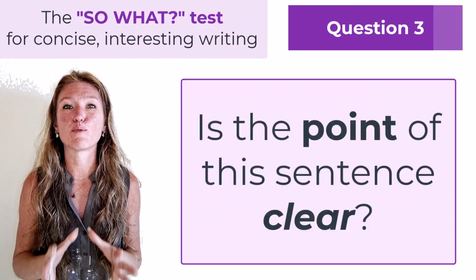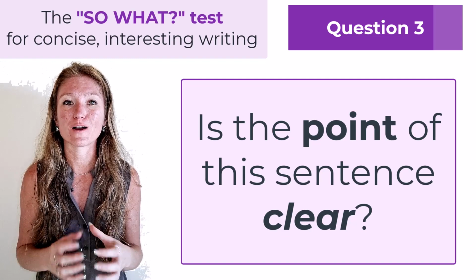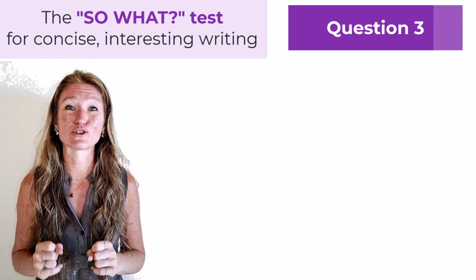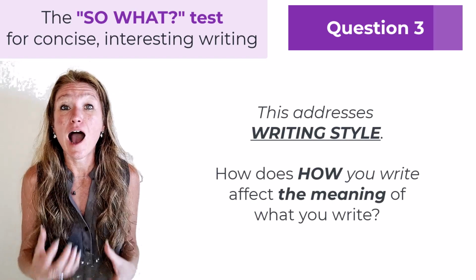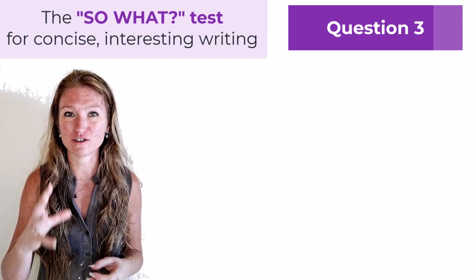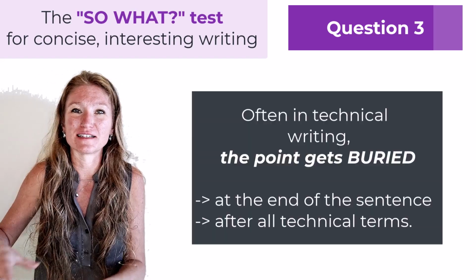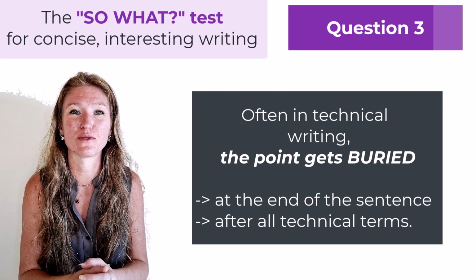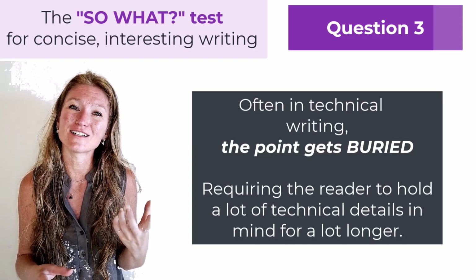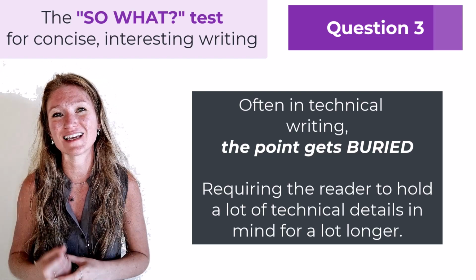Question number 3, is the point of this sentence clear, or is it maybe too vague and convoluted? This question I really love for helping to clean up convoluted or unclear statements or unclear sentences. This is the first question where we're starting to get into writing style and seeing how we're writing the sentences affects the meaning behind that sentence. Because here, what I see often, especially in writing for the hard sciences, is the point of the sentence gets buried far towards the end of the sentence in the back after a whole lot of technical terms have been thrown at the reader. And so what happens here as a reader, when you're trying to read the sentence, you have to hold a whole lot of technical information in your head to just get to the point of that sentence,